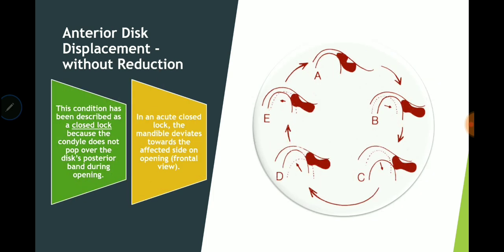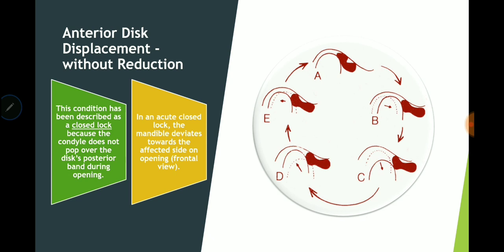Okay, so this is the last slide from this one. The anterior disc displacement without reduction. Anterior disc displacement with reduction is called clicking. So reciprocal clicking is the anterior disc displacement with reduction. Now, anterior disc displacement without reduction is called